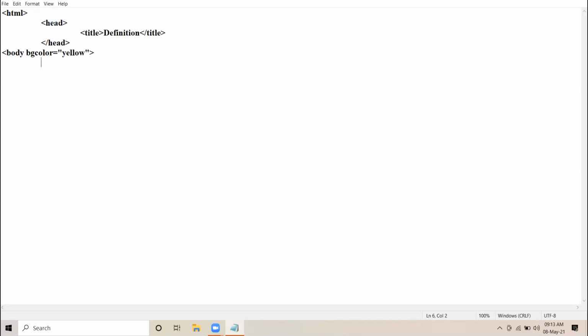Clear? So I have taken the entire content of the web page in H1 heading element. Okay. So let us start with the definition list by using DL tag. DL tag stands for definition list. Okay.